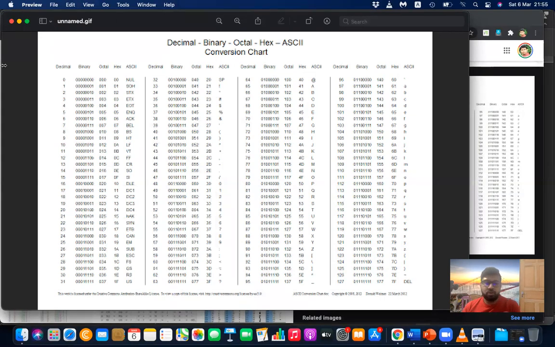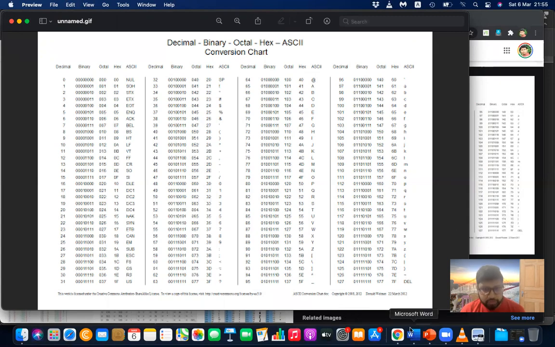From that you can press Alt plus 65, which is equivalent to 41 in hexa. That is the letter A. A simple lowercase a is 61 in hexa. So let's calculate that too.